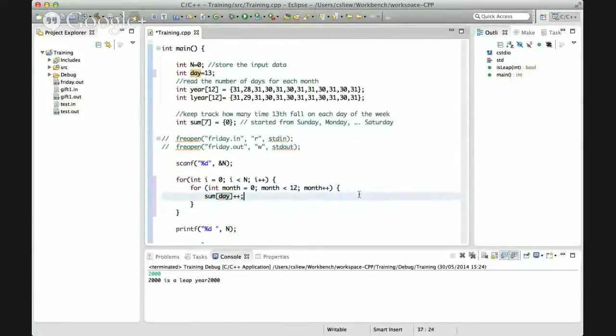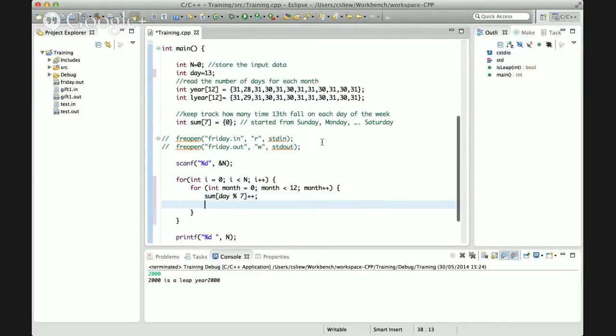Okay, so now what we want to do next. Let me see. Okay, so don't forget to put a modulus 7 here. Yep, this looks like it. Then of course, after we get the first 13th of January 1900, we want to continue, right? We want to add the number of days so that we can go to the second month. And we already have this information over here. So what we need to do is,